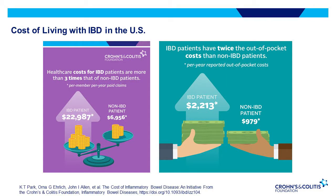IBD is an expensive disease with many direct costs of care, things like clinic visits, radiology studies, procedures, and expensive medications. There are also indirect costs, things like disability due to active disease and missed work or school. Our goal here is to provide an overview of available programs and opportunities to help young adults manage the costs